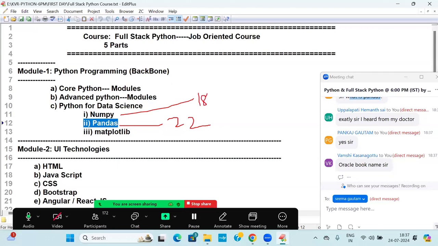NumPy, half an hour or 1 hour, NumPy completed. I'll explain almost 18 days about NumPy, from the smallest addition onwards to linear algebra. Linear algebra. You know linear algebra? What at least you know? Cramer's rule, Gauss-Jordan rule,